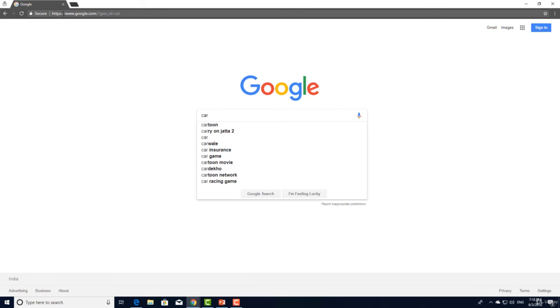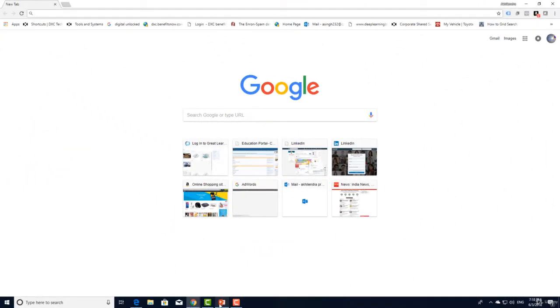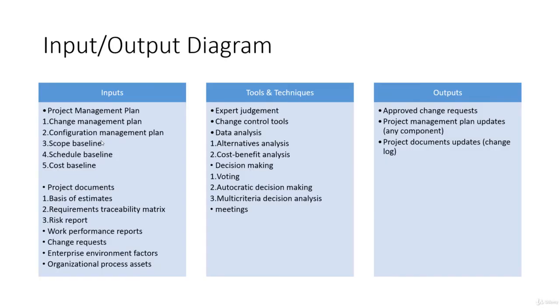And then, of course, any change in the project will have risk. So the risk report will also be part of our input. So let's go back to our slide. And of course, we have the work performance report, change request, EEFs, environmental factors, and the organizational process assets. And for tools and techniques, we have again the usual suspects, except you can see that